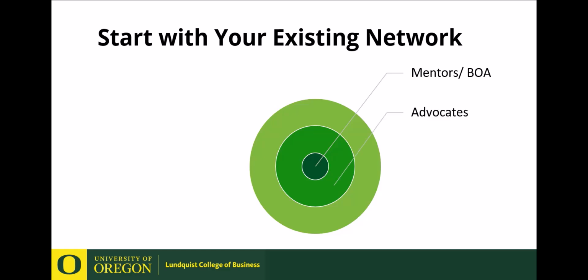The next circle out are your advocates. These are people who are familiar with your work or who know you, and if an opportunity were to become open with their company, they would advocate for your candidacy. The outer circle is made up of your contacts. These are people you might have connected with once, maybe twice, perhaps on LinkedIn, perhaps after a speaking engagement at a club, etc., but you don't know them very well yet.